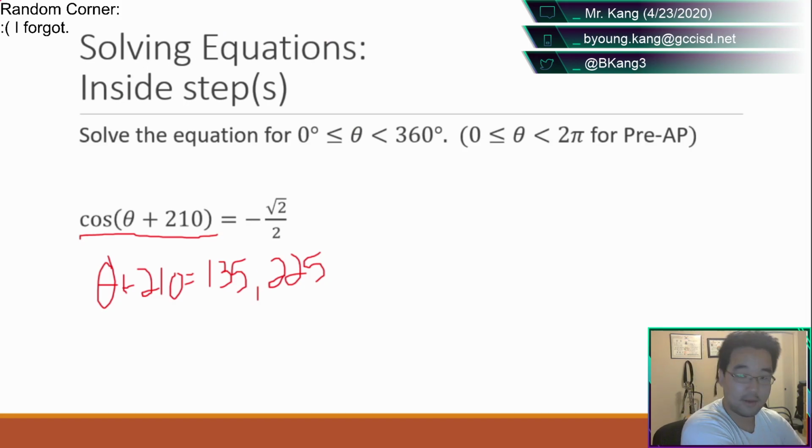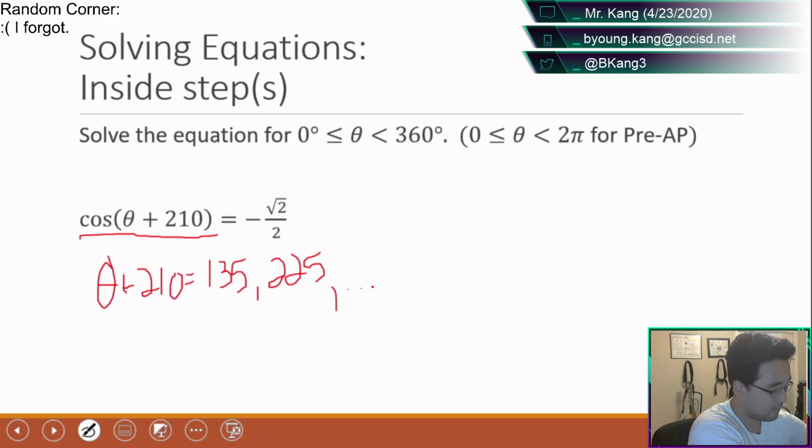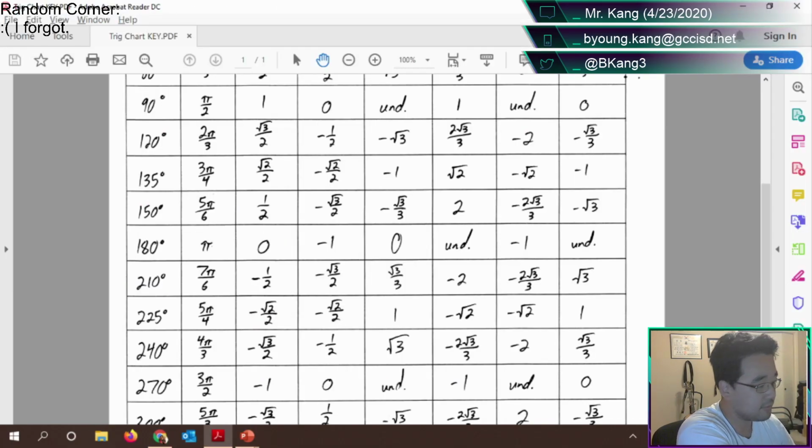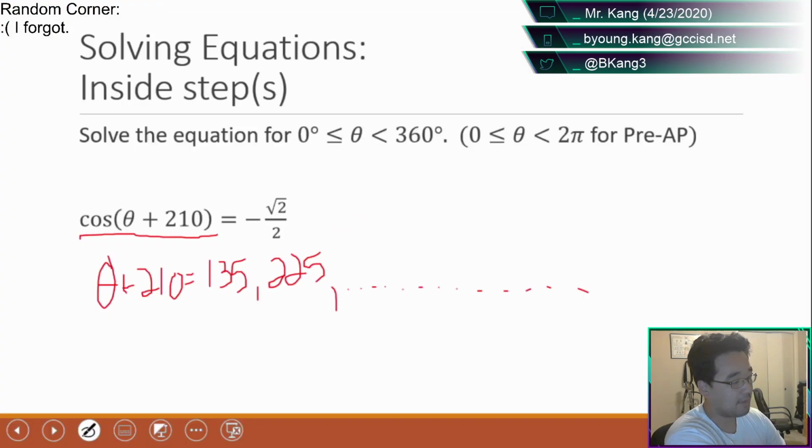Here's the dilemma. Remember how I talked about things being periodic? There are more answers to this problem, right? Because the unit circle goes forever and ever and ever and ever. So I might, because I know I'm subtracting 210, wait, hold on. Camera's backwards. Yeah, because I'm subtracting 210, then I might have to look at some of the other answers that are past 360 that are not on my chart, because they're going to get subtracted and maybe fall back into the range 0 to 360.